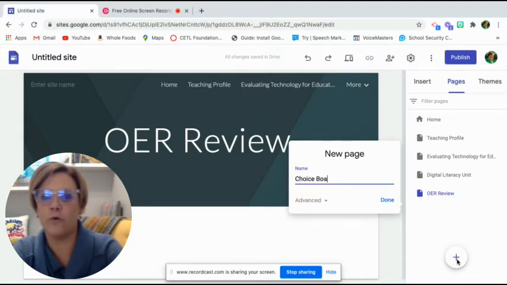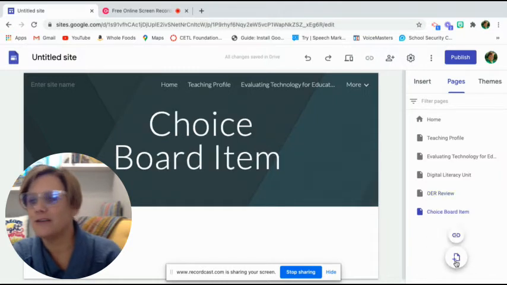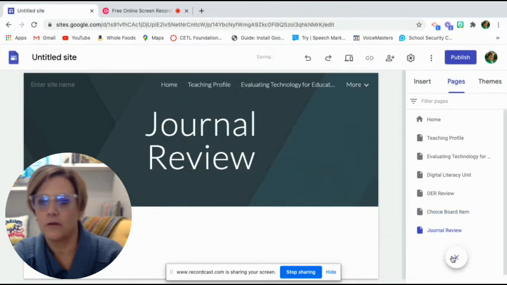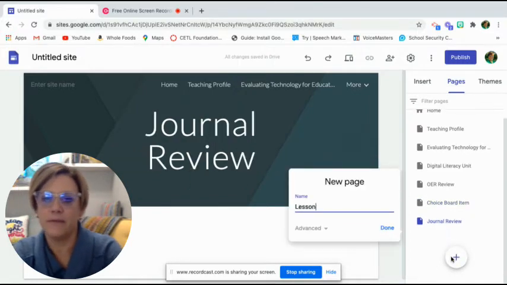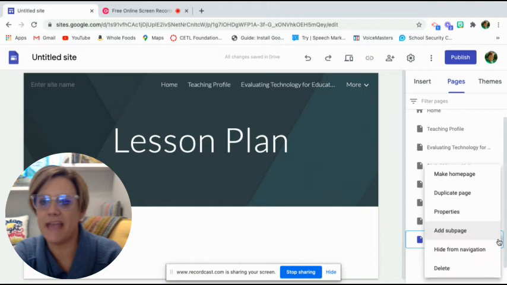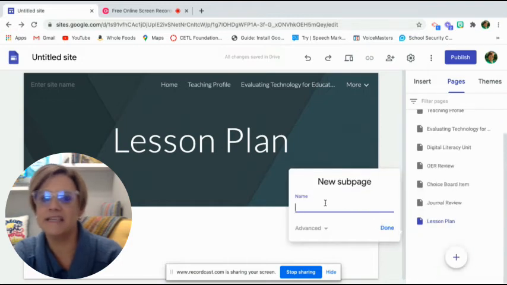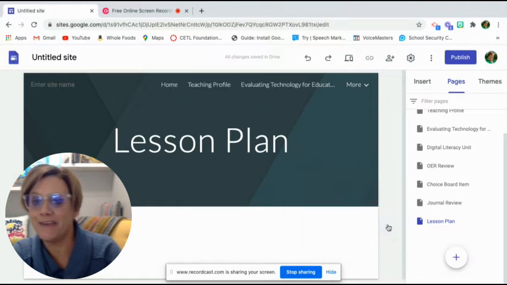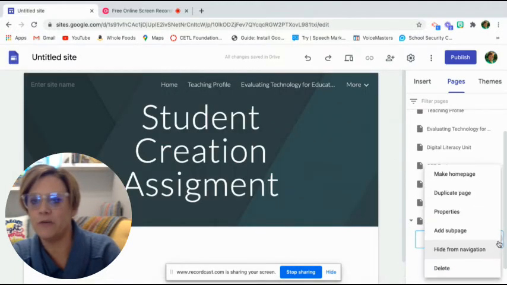Where it says choice board, which is one of your assignments, that'll actually probably be named something else based on what you chose. Journal review. Lesson plan. And here I would actually suggest making a subpage, because this next assignment supports that lesson plan. Student creation assignment. And maybe even, depending on how you want to do it, you might even want to do subpages of that